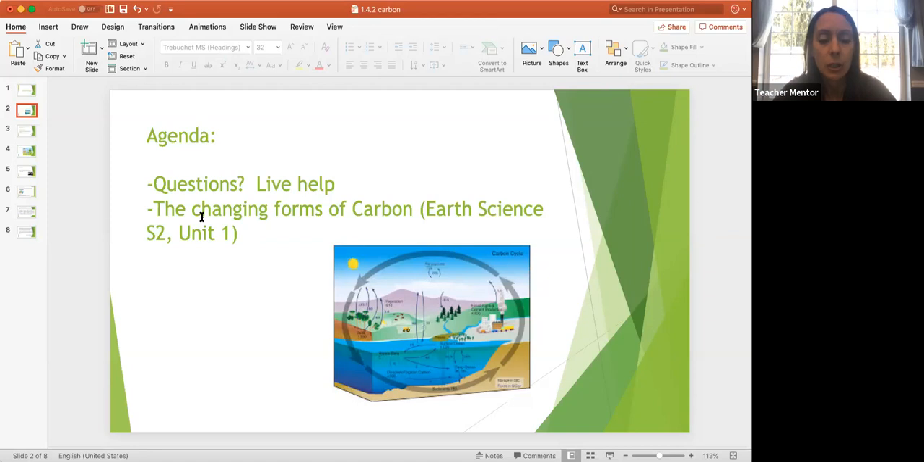The second thing is that I was going to go over an assignment called The Changing Forms of Carbon, and it comes from Earth Science, Semester 2. This is in Unit 1. The actual lesson is 1.4.2, which I'll pull up here in a second. But I think students get a little bit confused as we're talking about